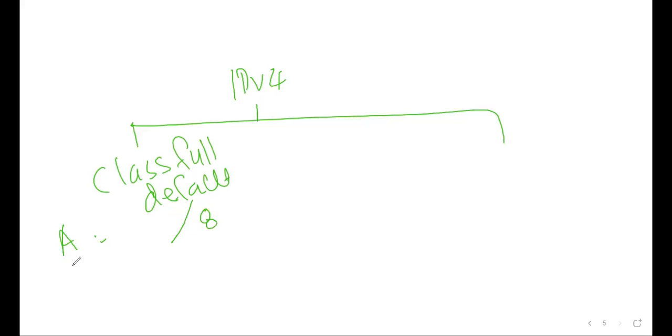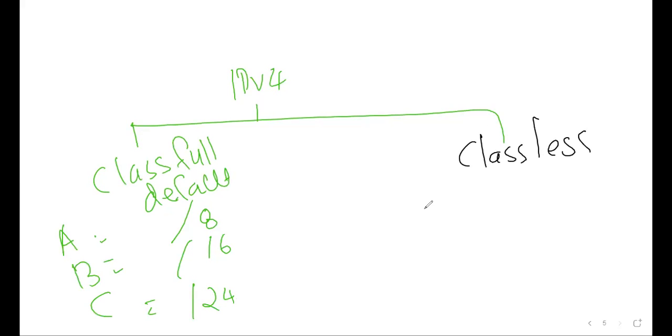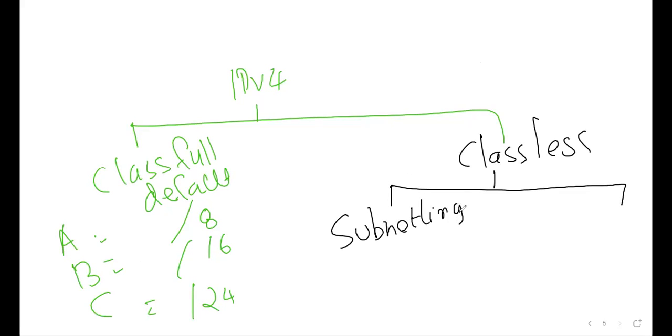This is /8, and class B /16, and class C /24. This is called classful. And we have classless, which means there is no class A, B, C. In classless, we have two: one we call subnetting, and one we call